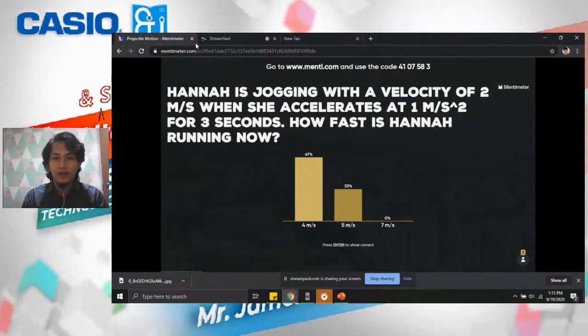So, sorry kasi dapat supposedly 2 meter per second siya na small letter lang. Pero dahil hindi ko siya mabago kanina, so please bear with me na lang po. Okay? So, 67% ang sumagot ng 4 meter per second. So, I'll show the answer. So, the correct answer is